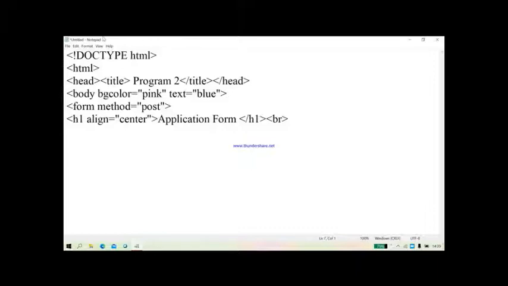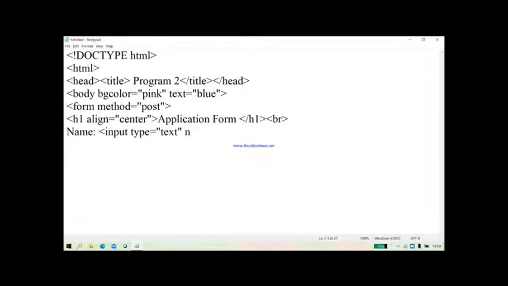Accept the name, standard 11th or 12th with only one choice, and submit the form. Now let's start with accepting the name. So here you will write the field name as name and the tag used is input type is equal to text. So you are going to insert a name in the text box.